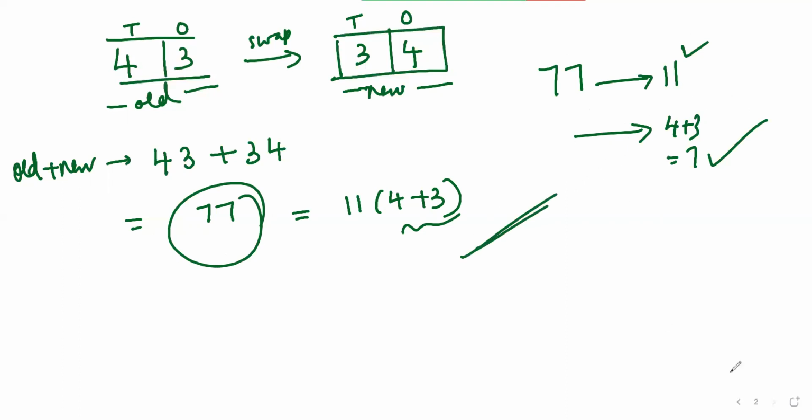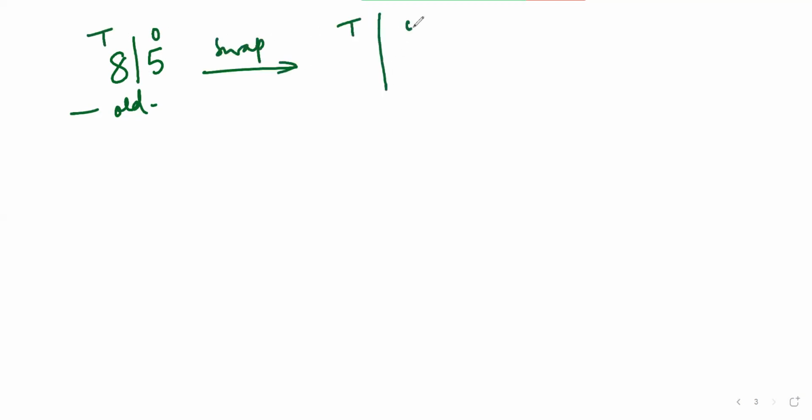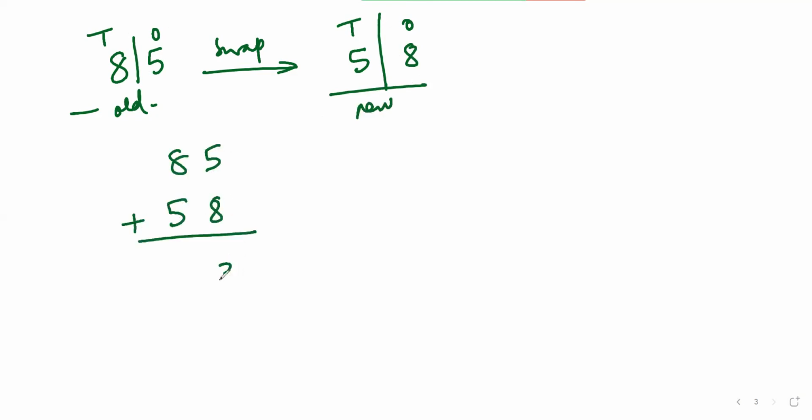Just to give you another example, let me go with, let's say, 85. Okay, that is the old number. Old number is 85. Ones place, tens place. I swap the positions. I get 58. Okay, this is the new number. Now I add 85 and 58. So I get